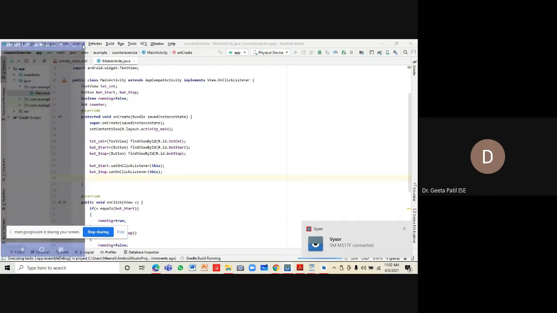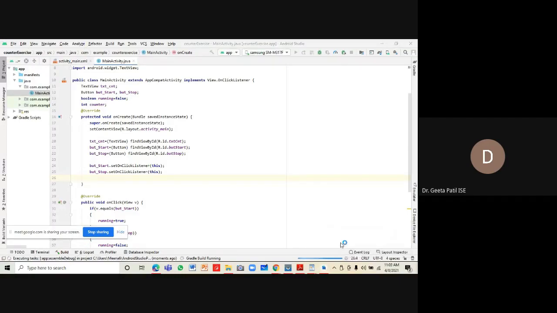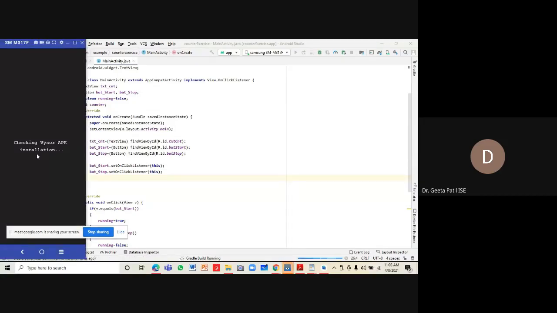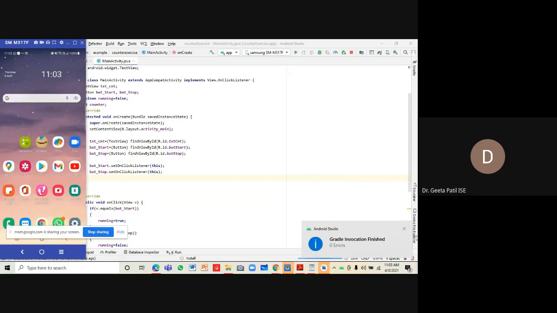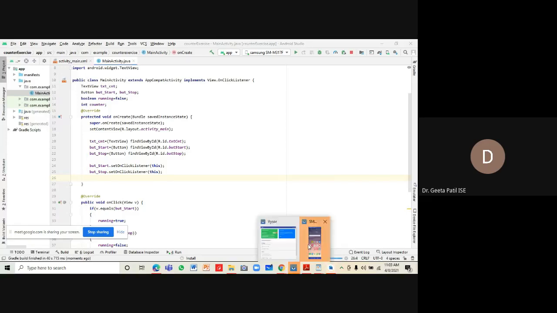I think the phone got disconnected. Let me just connect it once again. Okay, Gradle also finished.